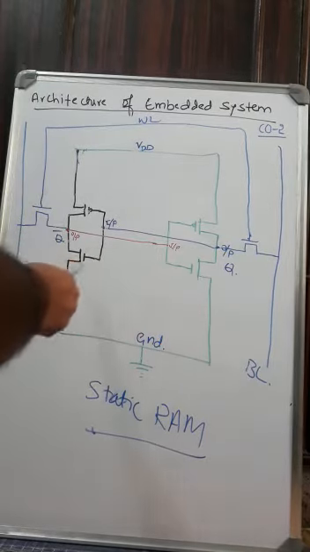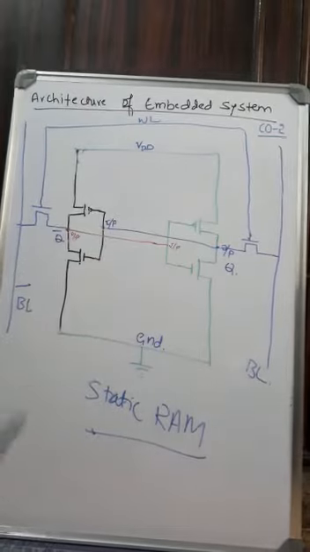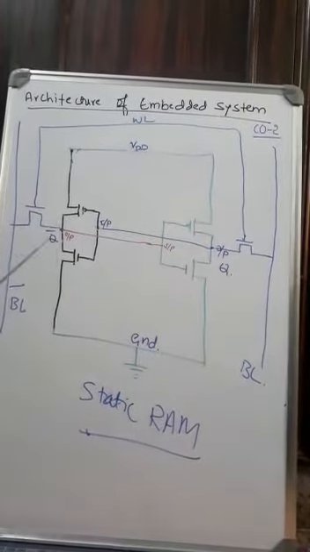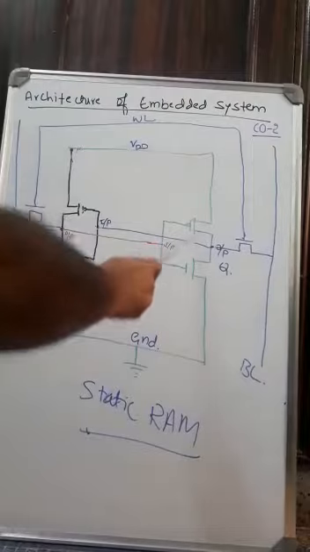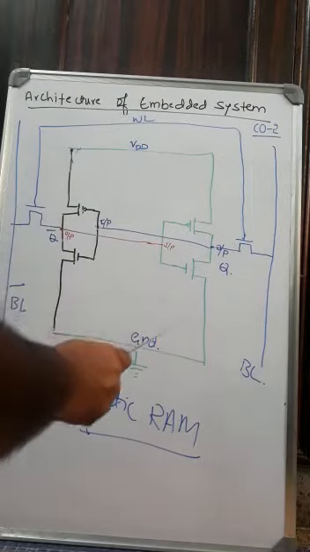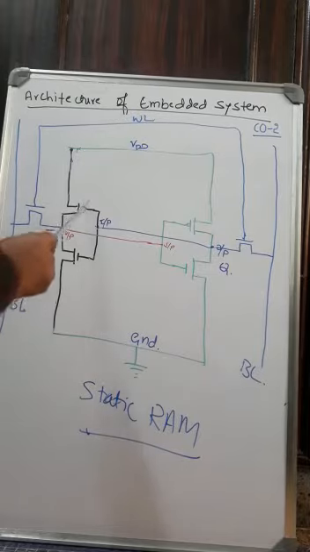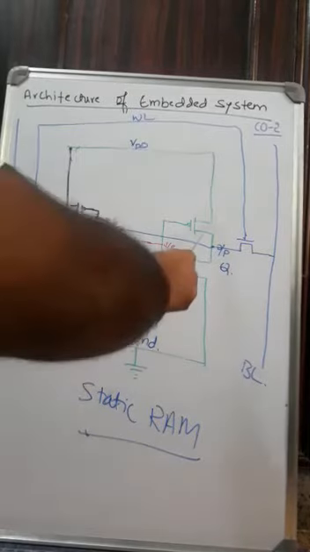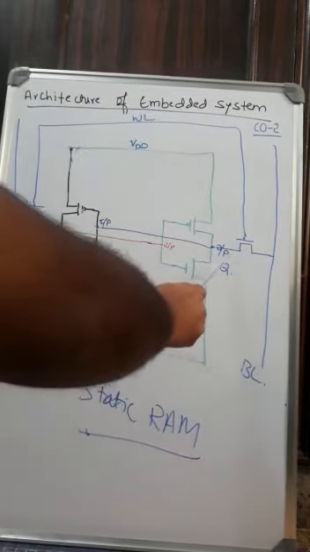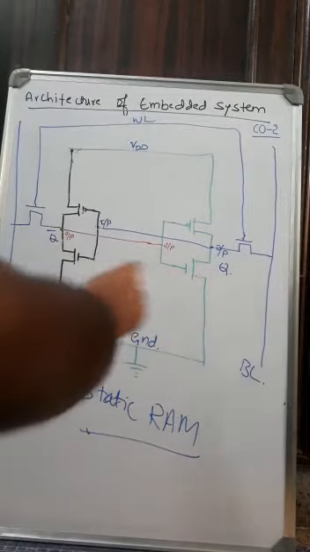If you couple back the output to the input of each other inverter, you have constructed a flip-flop. So PMOS, NMOS together they form a flip-flop. And then output of one combination of PMOS and NMOS is called as Q bar. The other combination is called as Q, which are read to the bit line on either side through a pair